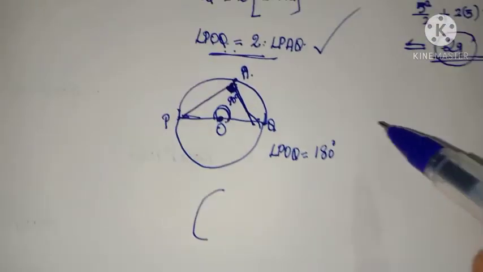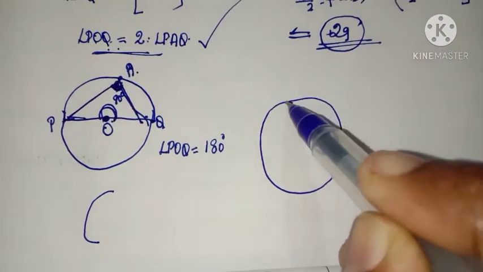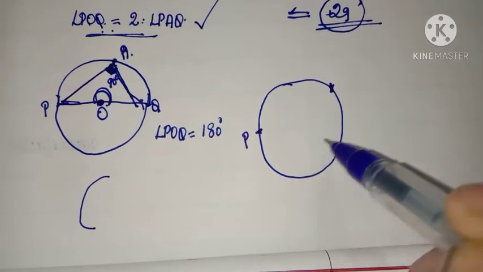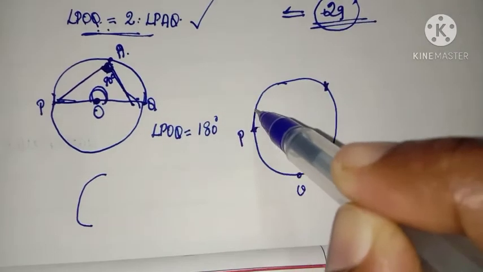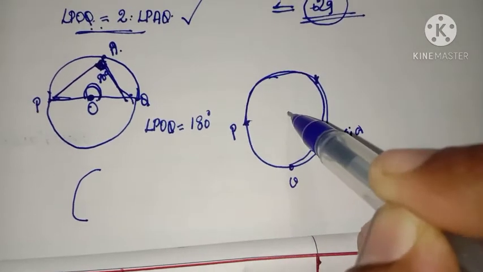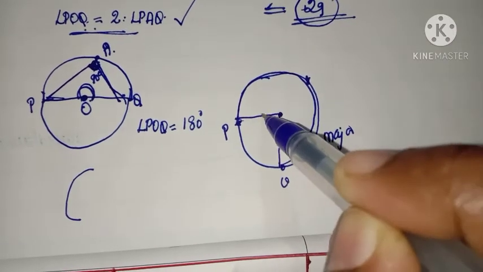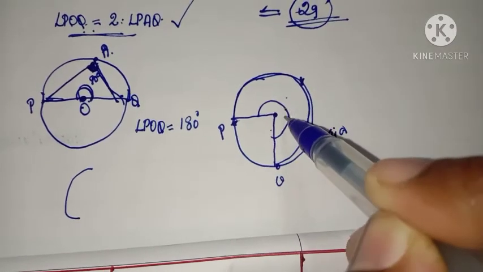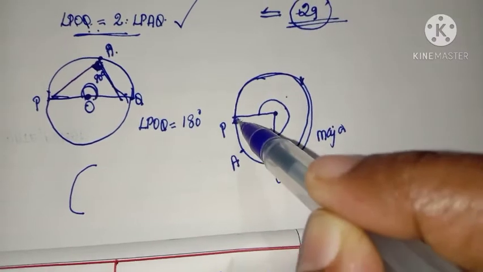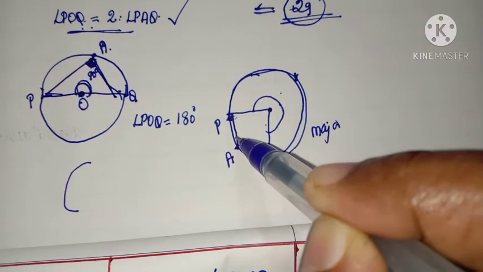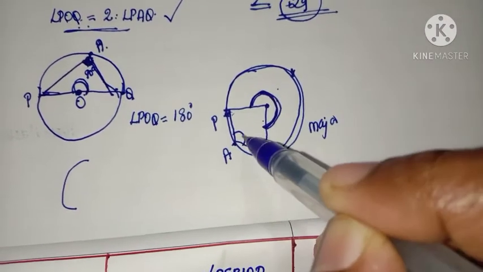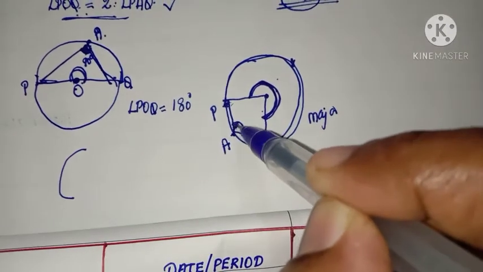And the third case is if we consider the arc PQ as, listen, this is PQ. Consider this part, major arc. If PQ is a major arc and this PQ makes an angle at the center, this is the angle POQ. And take another point A on the remaining part of the arc, then PAQ is the next angle. So we need to prove this central angle is double of this angle PAQ.